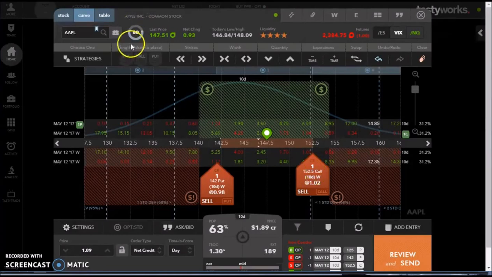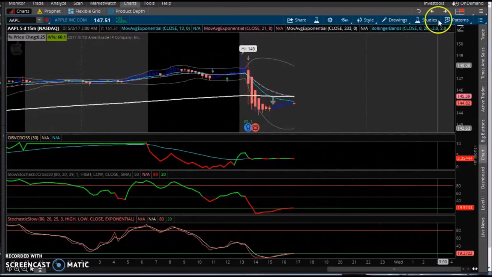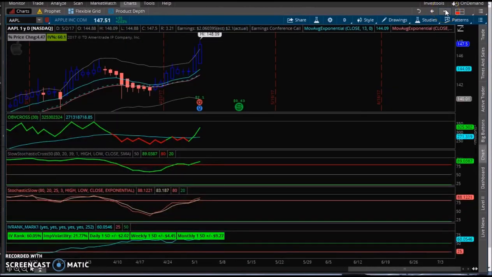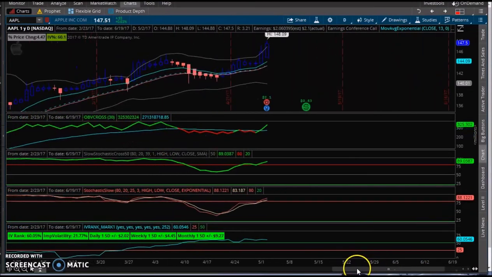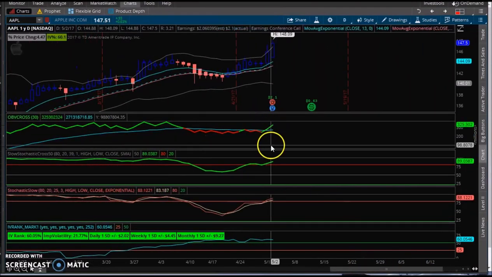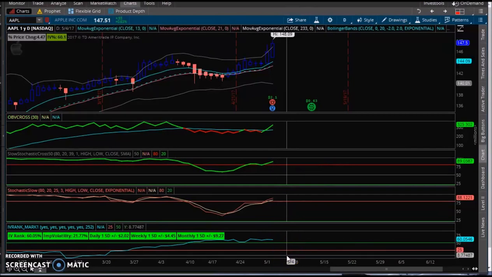But it's really all about this IV rank collapse. Now watch, it's at 60, right? I'll go back to the daily chart. Okay, I've got to move it over here. Hold on. There we go. There's Apple, right? So tomorrow you're going to see this collapse. Okay. Now the funny thing is though,